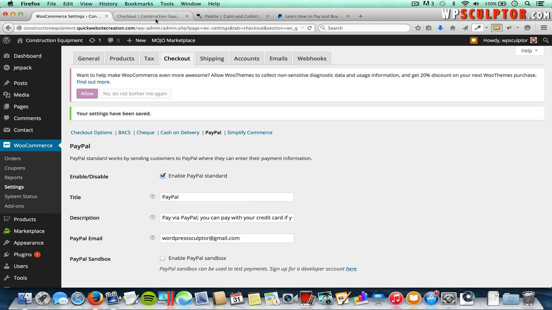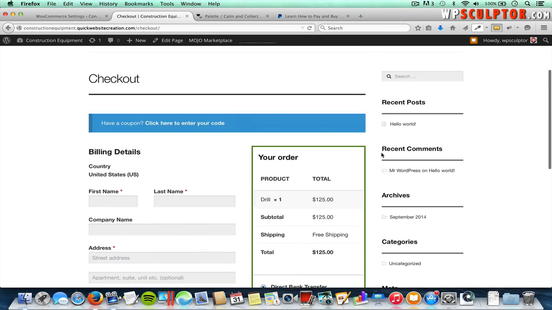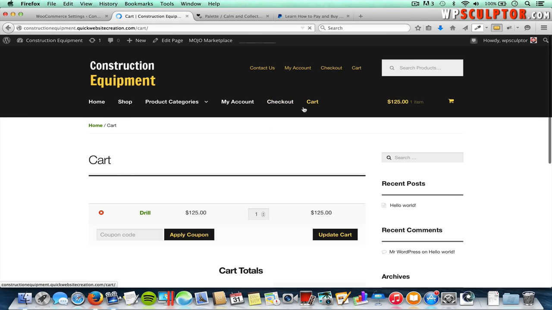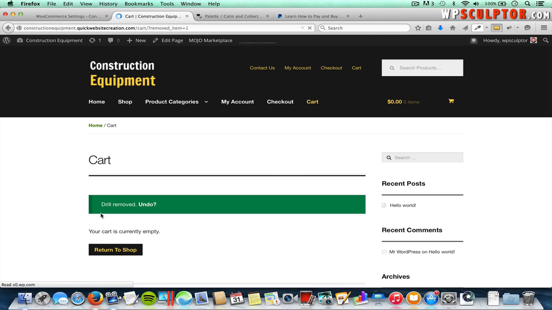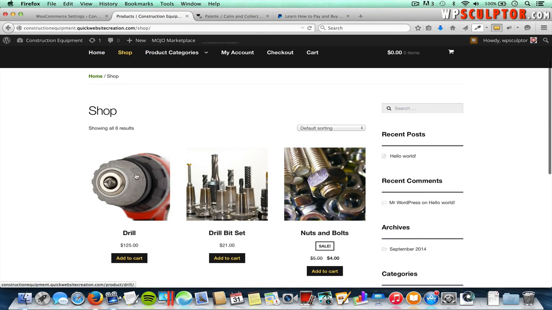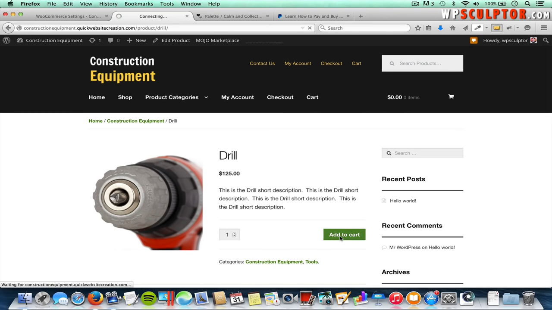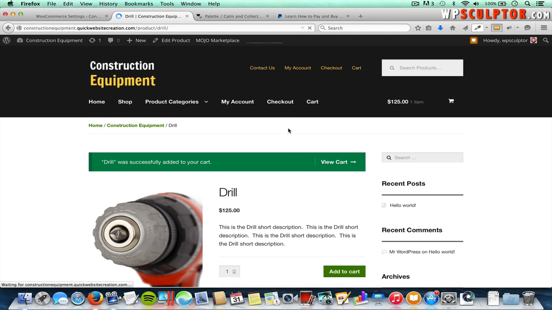Alright, and now let's go back to the front end of our site, and I'm going to scroll up, and I'm going to click on my cart to be taken to my cart page, and I'm going to remove the drill from our cart. And then I'm going to go back to my shop page and re-add the drill now that we've got our PayPal settings set up. Open up the product page and click on Add to Cart here. Now when I click on Checkout,